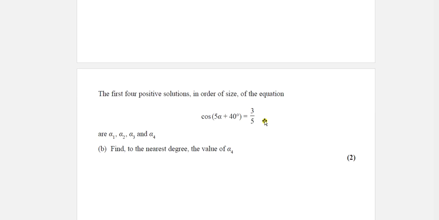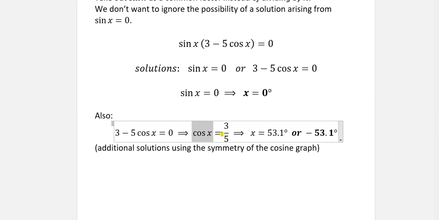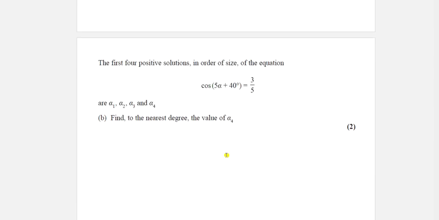But also, we've been helped out a little bit because cos of something equals 3/5 is something we already have some knowledge of. We've just solved it, at least for minus 90 to 90. So is that going to help us? Well, here we had cos x equals 3/5. Here we've got cos of something else equals 3/5. Cos of 5 alpha plus 40 degrees. However, you don't need to worry about the horizontal translation and horizontal stretch that this corresponds to, not for this question. All you need to worry about